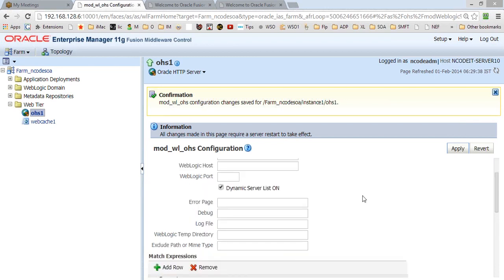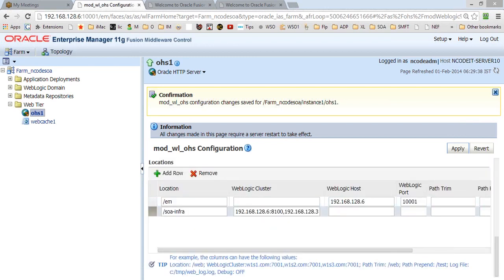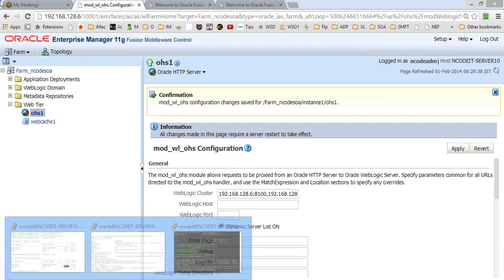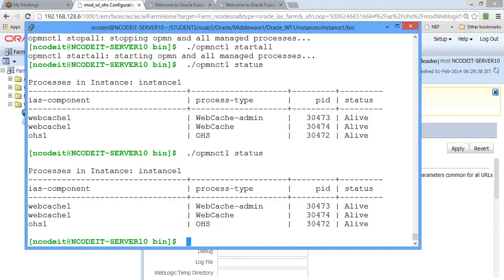That's it. Your configuration is pretty much done. OHS configuration, a proxy plugin configuration, is very easy. Now you will see the same configuration on the backend. If you see it on the backend,